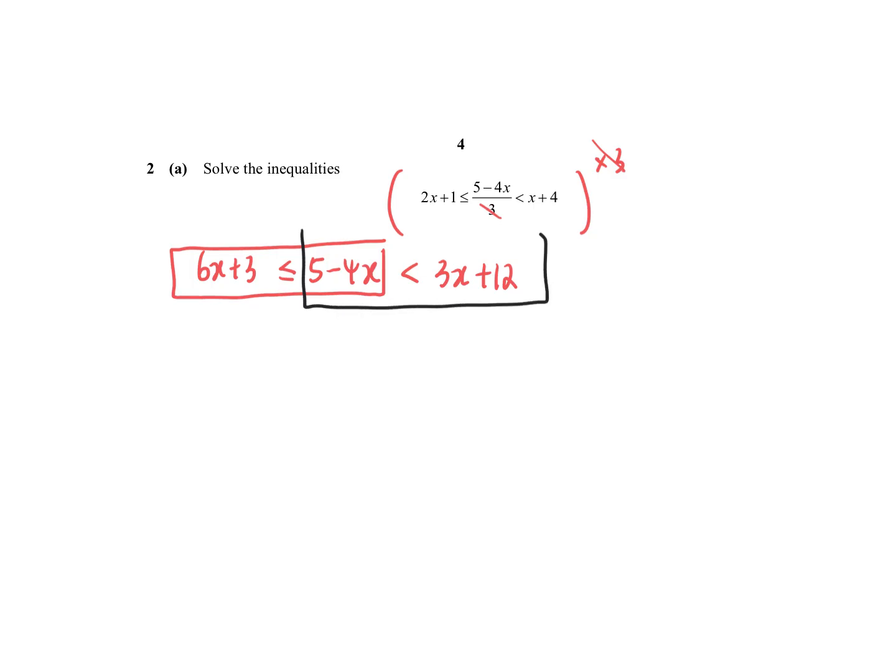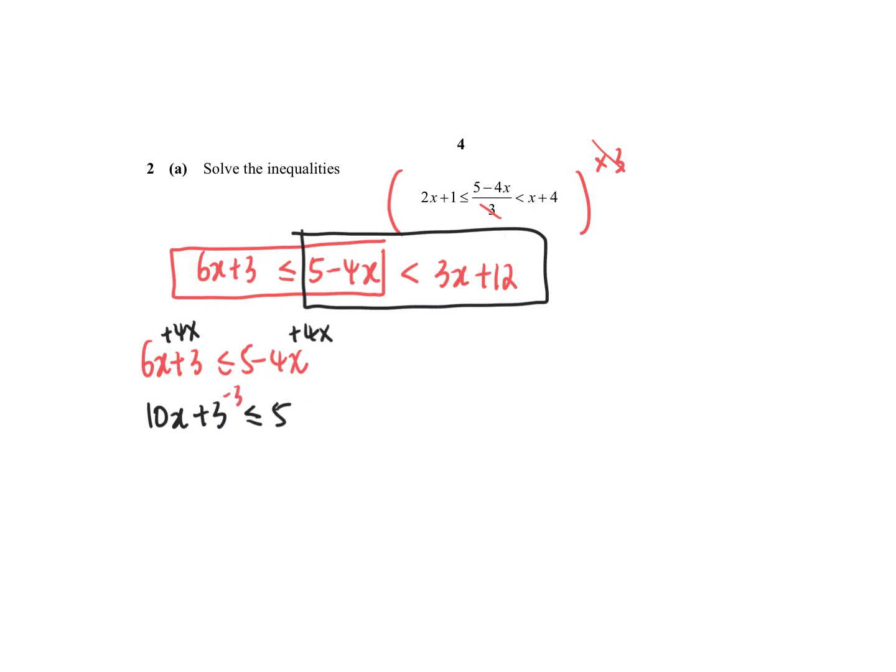So remember, when you split it this way, for the 6x plus 3, bring the plus 4 to both sides. So this is a 10x. And then you subtract 3 on both sides. So x is just less than or equals to 0.2. Okay, the other end,